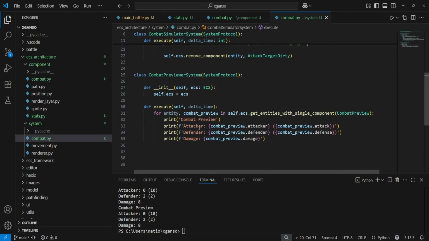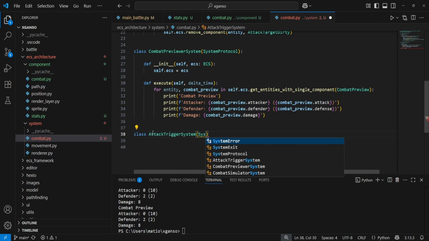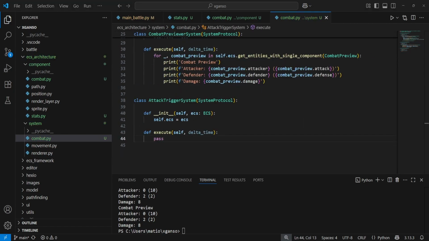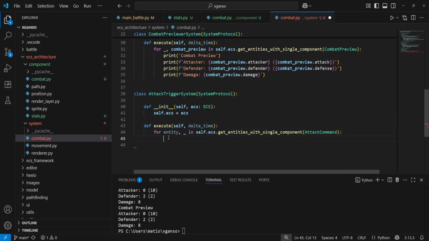Now let's move on to our execution part. This is something that I'm struggling with a little bit because I wanted to get all the elements together. So attack command, attack target, stats all at once. But it might be the case that they all have that and the attack command is missing, or the attack command is there but it's wrongly placed and the other stuff isn't there. So I feel that I have to just see which one have the command and then get all the components,